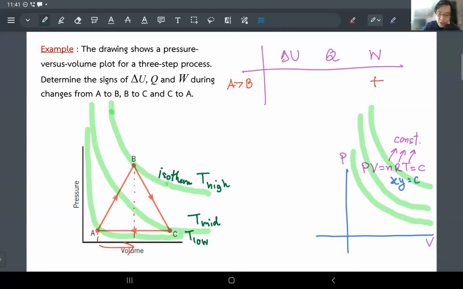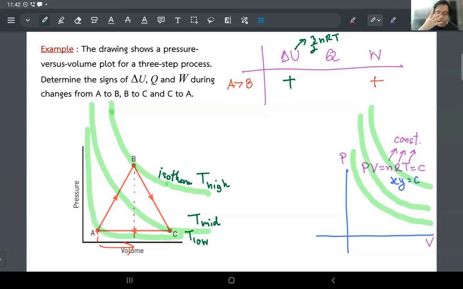But we remember the U for the ideal gas is always 3/2 nRT. You increase in temperature, you increase your internal energy, okay? And that gives you a positive change and you're done. So by the help of the PV diagram, along with the understanding of the equation of state, you know that there is an overlying isotherm in all of the PV diagrams in this world all the time. So I think it's very useful to always have this in your visualization of